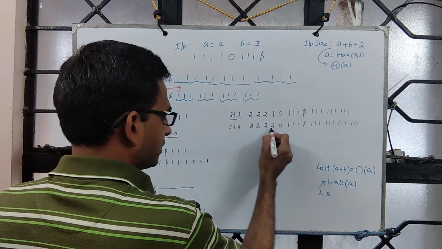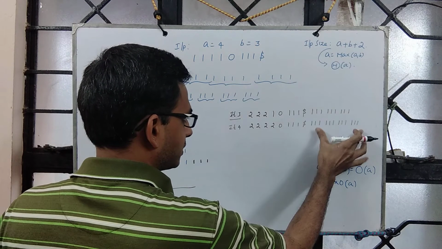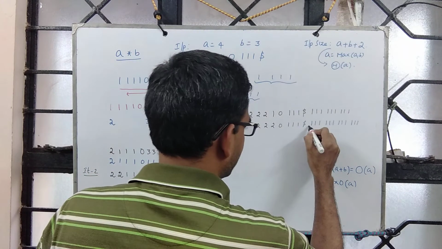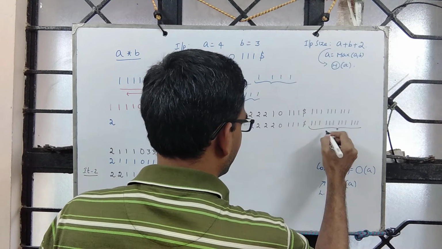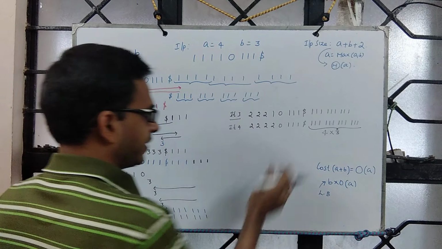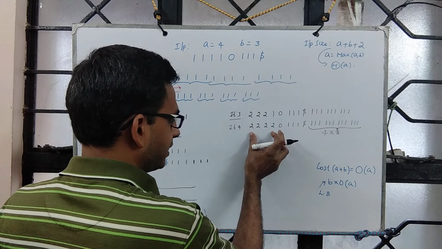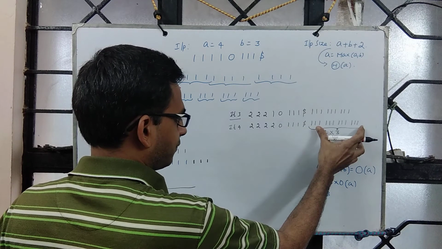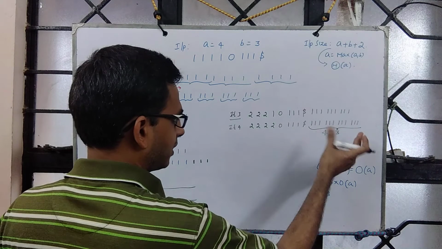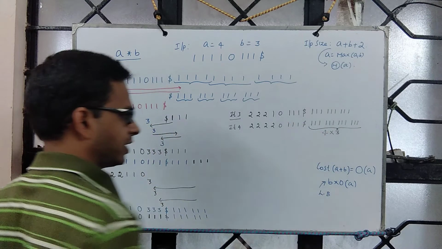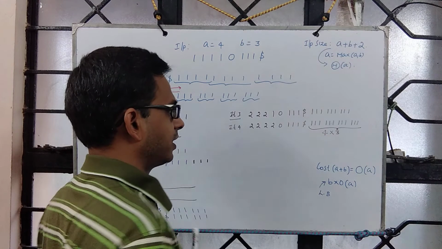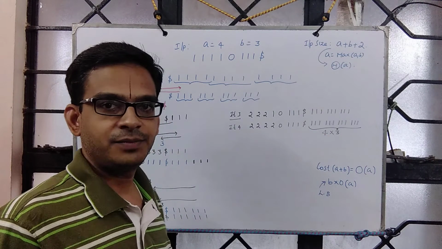At the end of iteration 4, we see that the tape has got this 1 1 1 $. So for each of this, we have created a copy of this on the input tape to the right of the $, which means this is our A into B or 4 into 3. In general, we have created A copies of B to the right of $, which means on the input tape itself, to the right of $, you see the output. So both the input and output are on the same tape. And that shows that A star B is here.